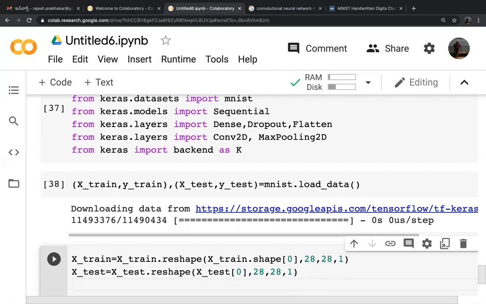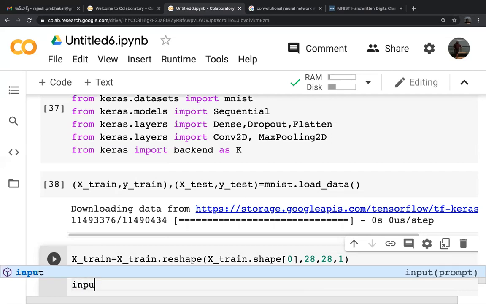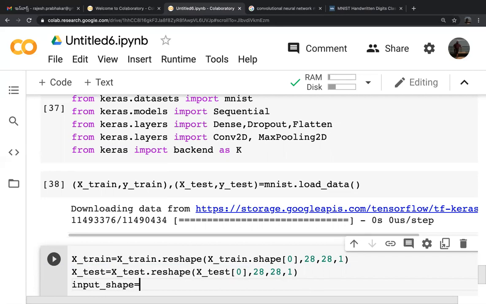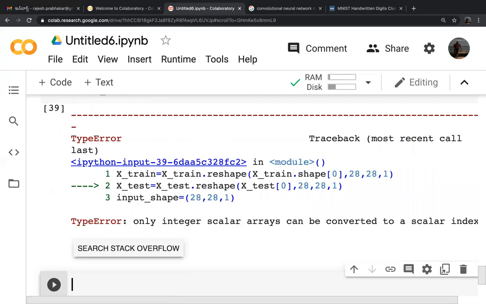Okay, we have reshaped the data and input_shape. The input shape is a tuple of 28, 28, 1 pixel. So X_train we are reshaping into 28 by 28 pixel, test data also we are reshaping into 28 by 28 pixel, and input shape is also 28 by 28 pixel.